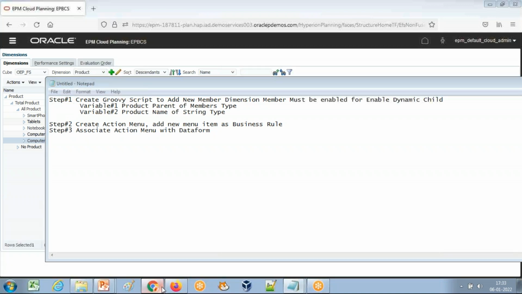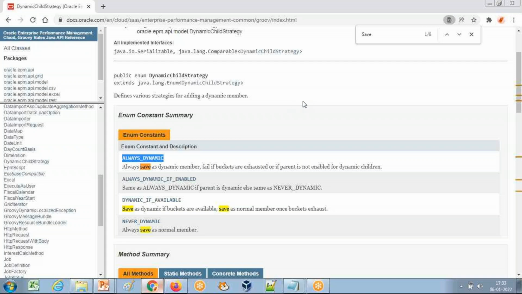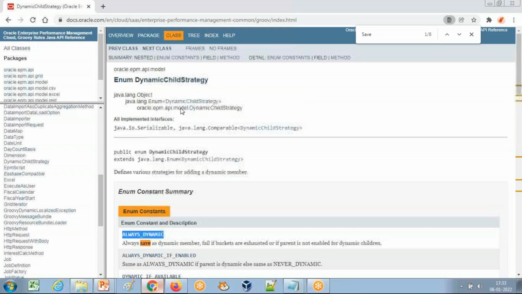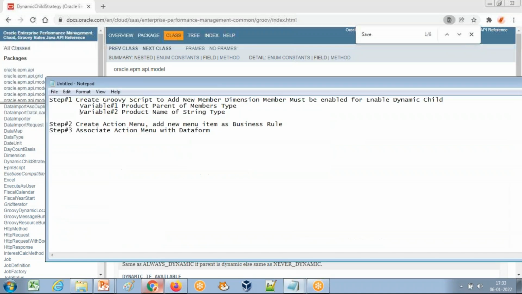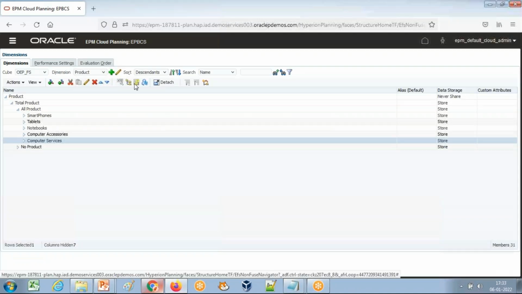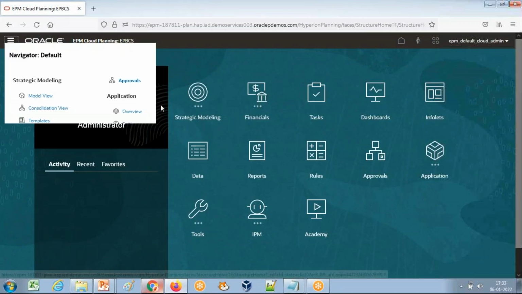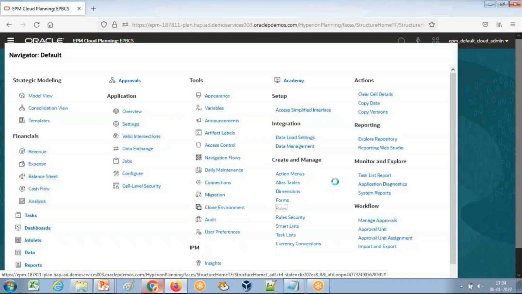You should keep the Oracle Groovy script documentation handy because you need it during our code writing. What are the underlying functions, classes, enums, you see it all over here; the list is given here. So first I create a new rule. Go to navigation, go to rules, and let's create a new rule.